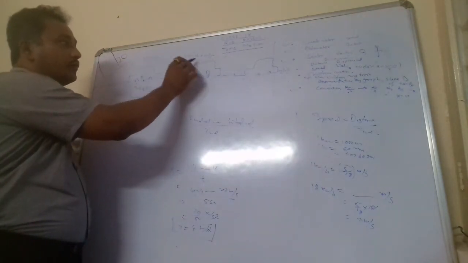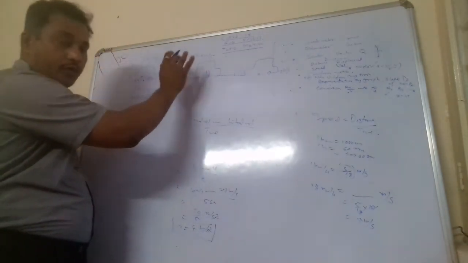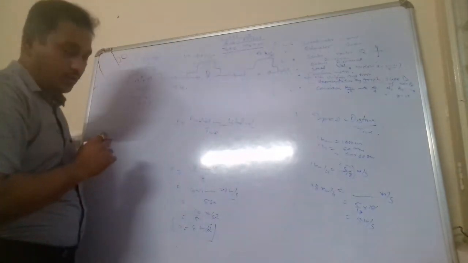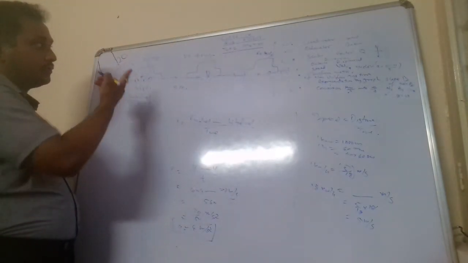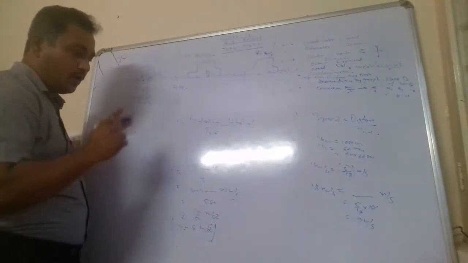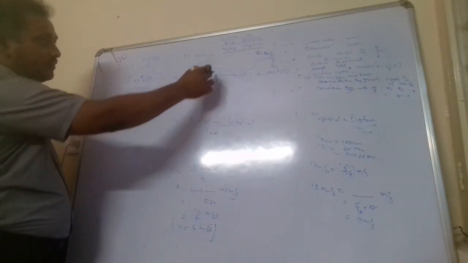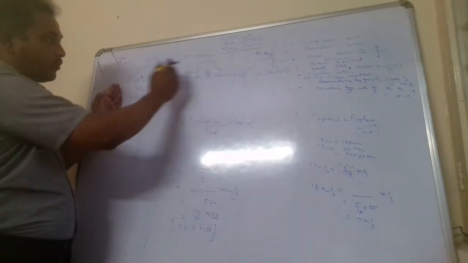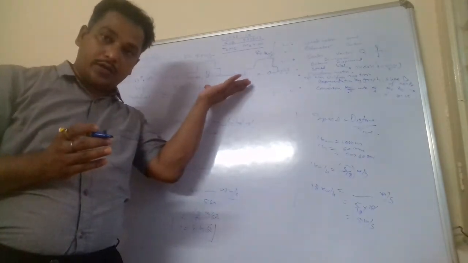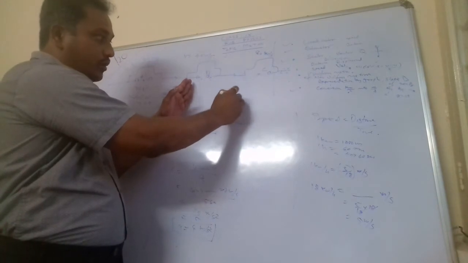Here you can see that the velocity is increasing. From 20 to 40, it can be 60 meter per second. Again you can calculate the acceleration. Or it is, for example, 80 meter per second. How much will be the acceleration in the second case? This is case 1, when we considered these 2 points from point A to point B. Now if it is asked to calculate the acceleration from point B to C, this will be case 2.